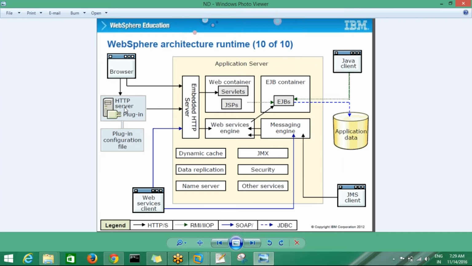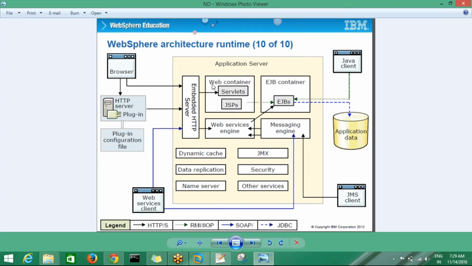Okay, so web servers can handle HTTP requests. As I told you, web servers are the servers to handle HTTP requests. So the request first comes to the HTTP server. After that, the server identifies whether the request is static or dynamic. If it is a static request, the HTTP server itself processes it and gives the response from here. If it is a dynamic page, then the request is forwarded to the application server.